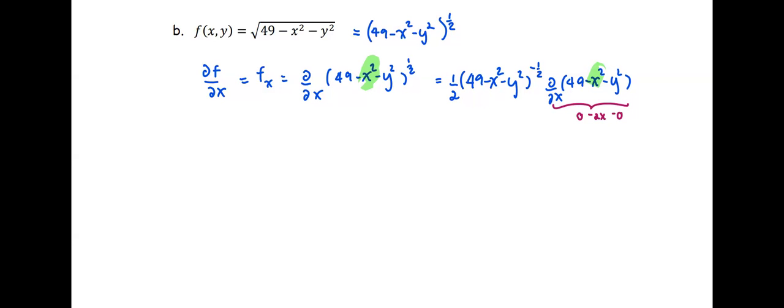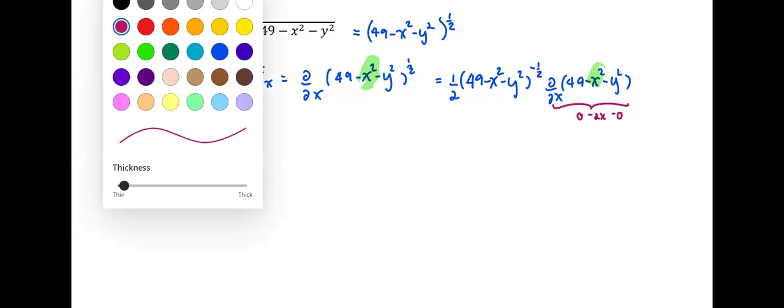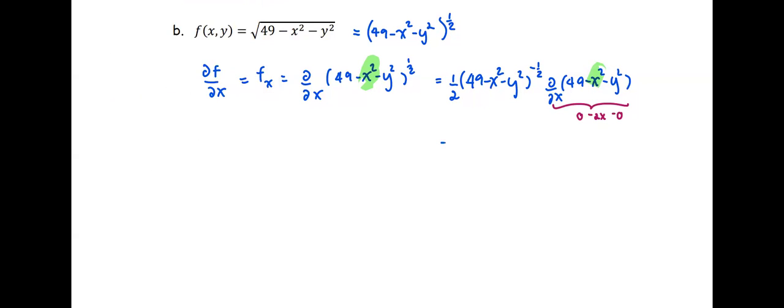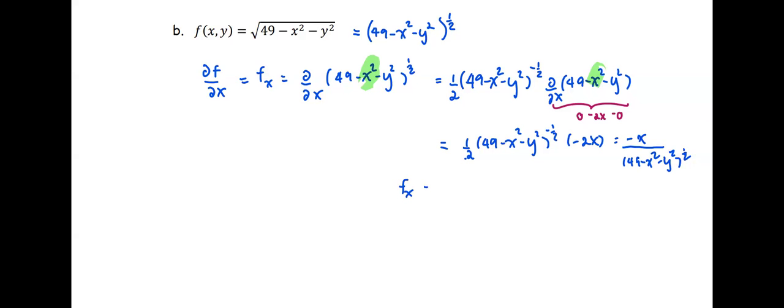So to rewrite, the partial derivative with respect to x is 1/2 times the quantity 49 minus x squared minus y squared to the power negative 1/2, multiplied by negative 2x. Then we simplify further: the 2 and 2 cancel, meaning negative x is the numerator, and the negative power becomes a positive power on the bottom. It's going to be 49 minus x squared minus y squared to the power 1/2, and then we write it again in the more simplified form as negative x divided by the square root